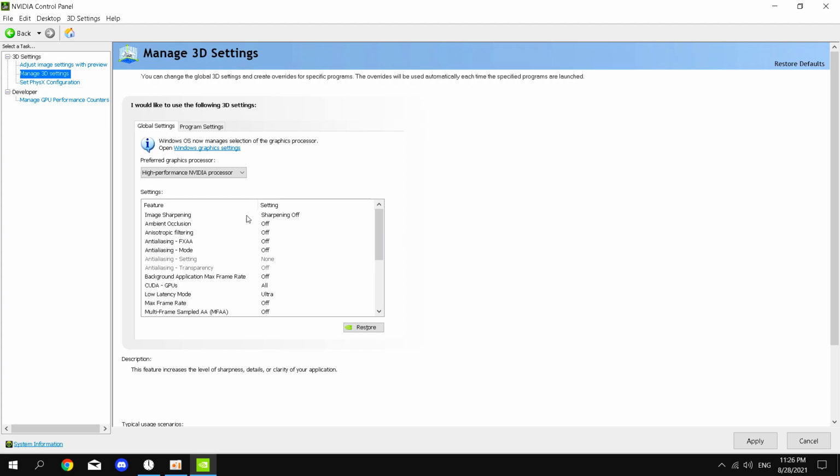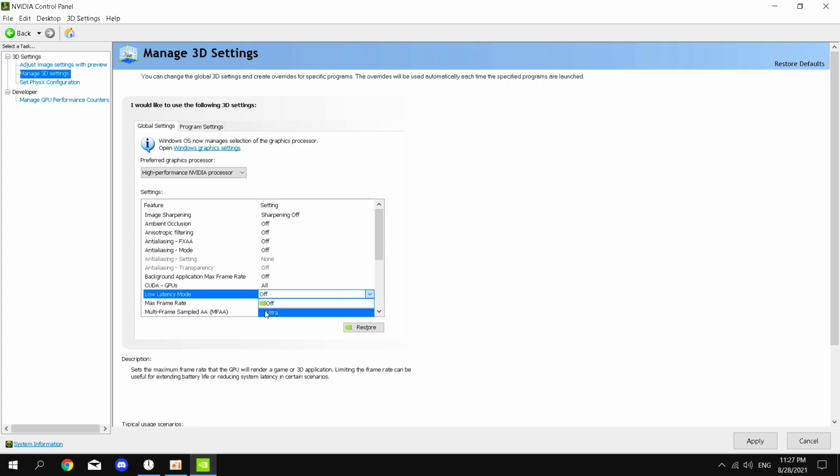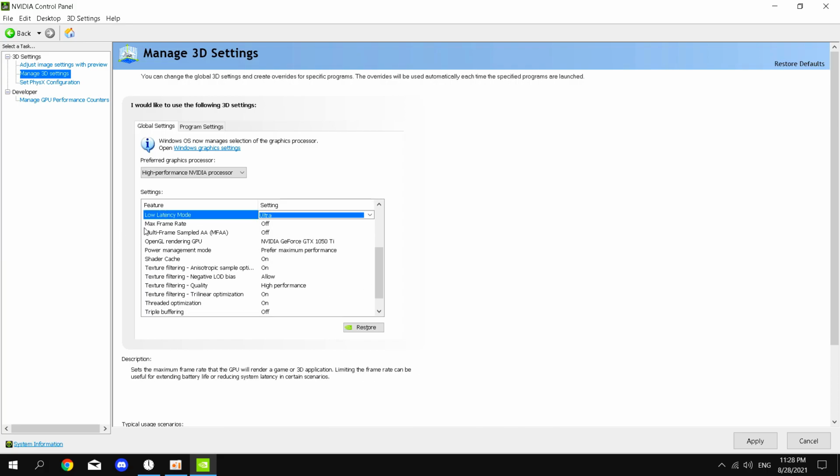After that, you're going to come here and copy all my settings. Image sharpening off, you're not going to need it. If you need the FPS, you're going to put it off, and you need to put all these settings on off, this on none, and off, all ultra. A lot of YouTubers say to put this off, but if you have a good PC, medium performance and above, put it on or ultra. After that, go down. The max frame rate, you're not going to need it, put it off, and the OpenGL rendering GPU, put here your GPU.